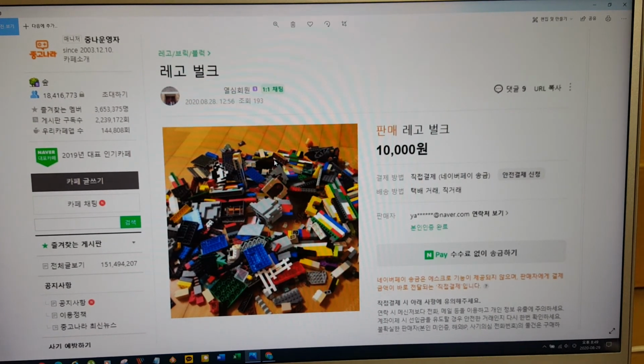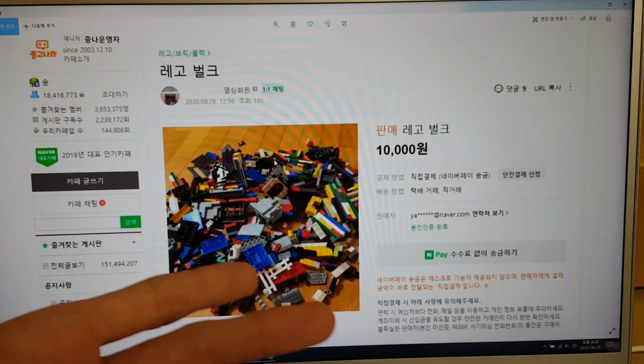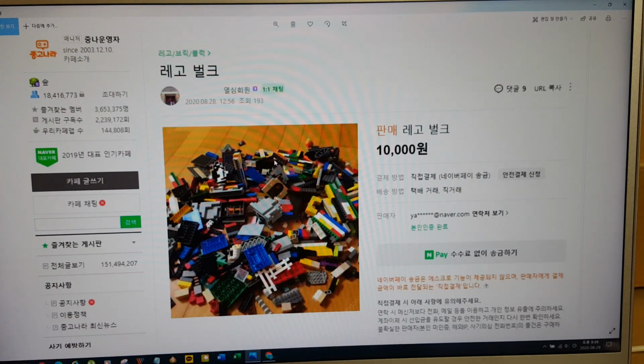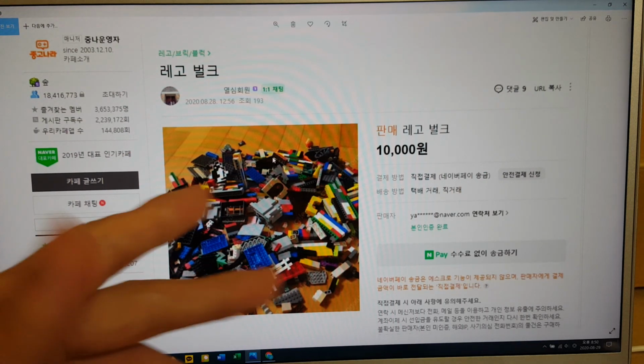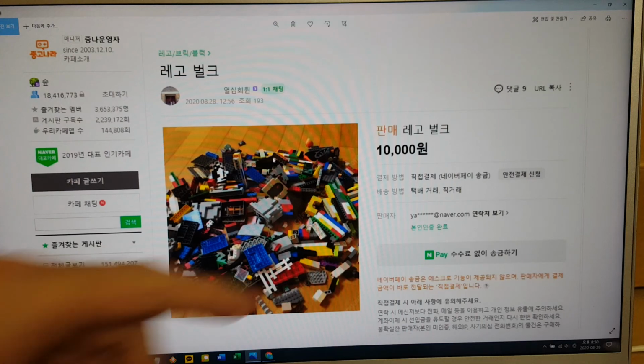Okay, here's another purchase that I made. The reason why I bought it is the price. The price is so cheap. At first, it came out like $30, $40 something, which was incredible. And I was looking at it, thinking I'm never going to buy this. Now, who buys this kind of stuff? And nobody bought it actually. So the seller was lowering the price to 20, and eventually to